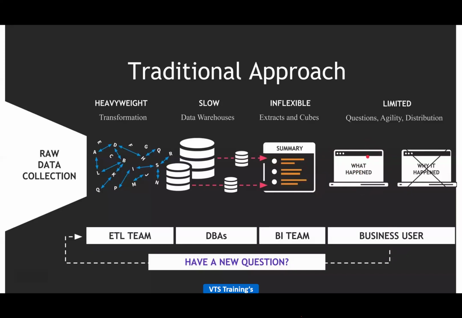He needs some information to explain to the user, or the user needs additional information. Then again, he has to look into the data, whether it is there or not in the cubes or extracts. If it is not there, again he has to go to the database or data warehouse and pull the data. If it is not in the data warehouse either, then he has to reach the ETL team. The ETL team collects that data from upstreams, and even if the data is available, but it is not transformed,